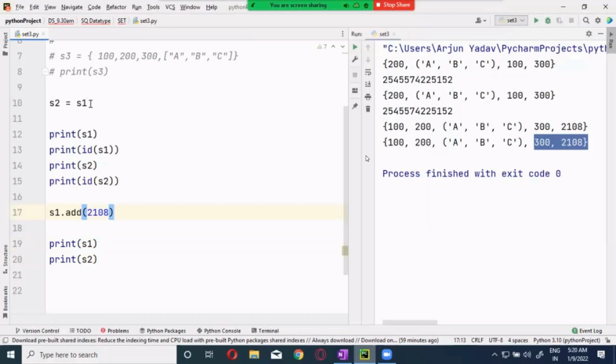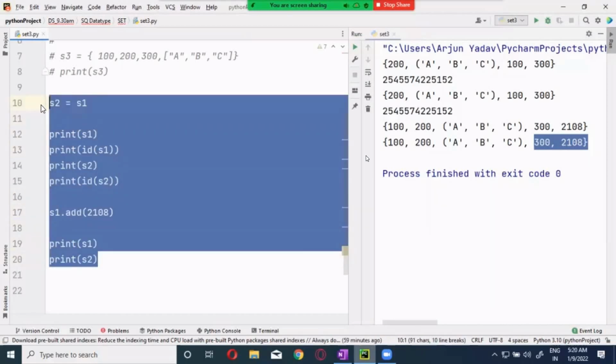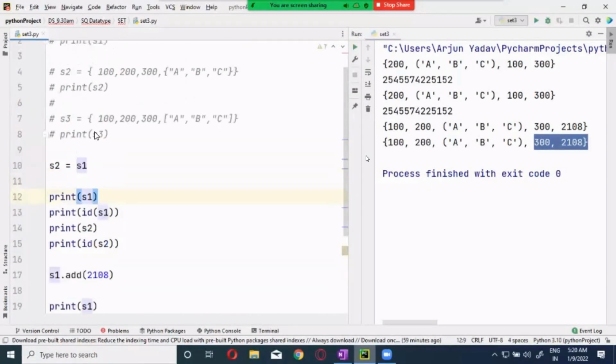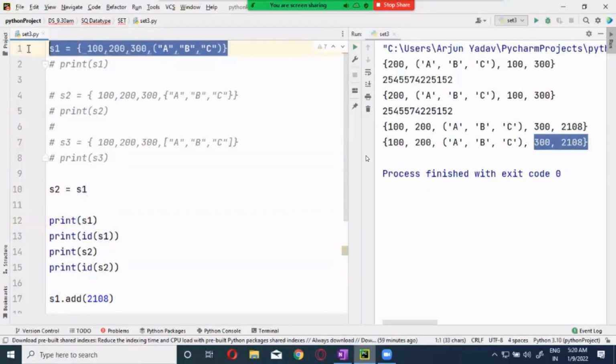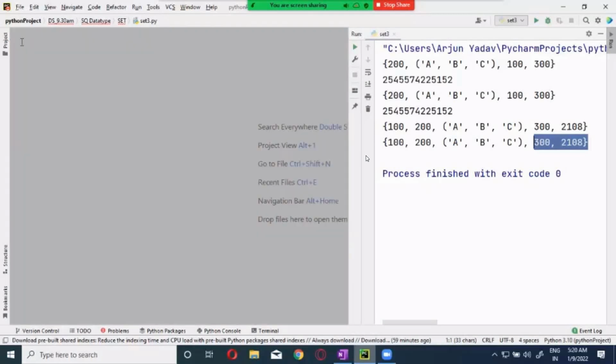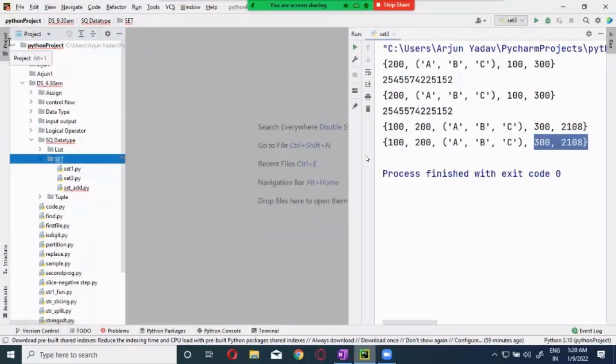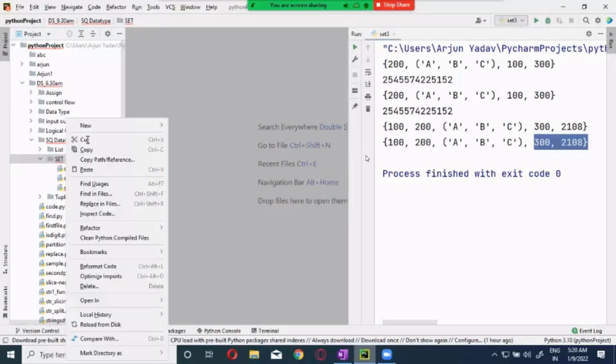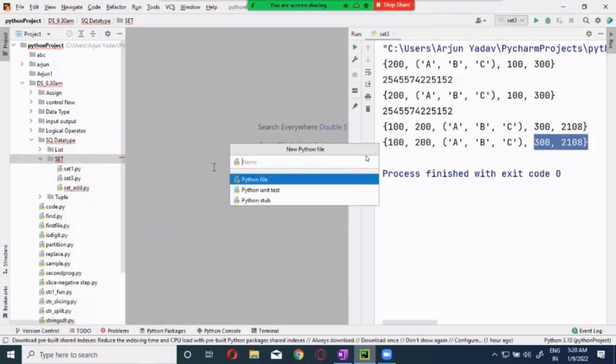Let me take this and do the shallow copy separately. Here, shallow copy.